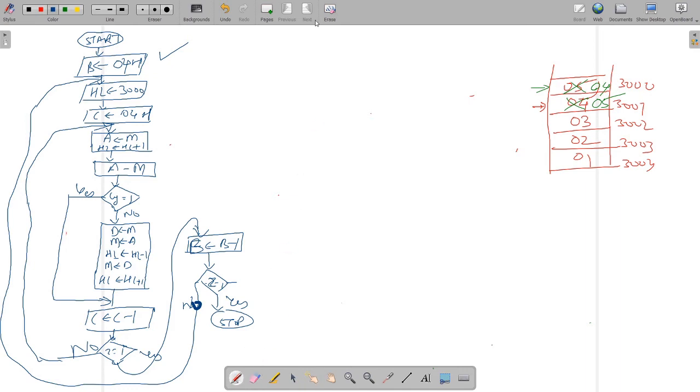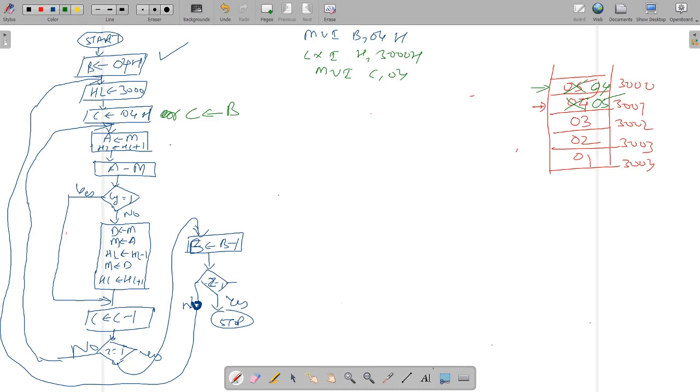So now we'll be writing the instructions. MVI B, 04 hex. So we're changing the color. LXI H, 3000 hex, then MVI C, 04 hex. Now you can see here, when you are using the MVI instruction, it means that two memory locations are going to be used, because this is a double byte instruction. So instead of using the double byte instruction, you can write here, because you have already stored the 04 value into B.